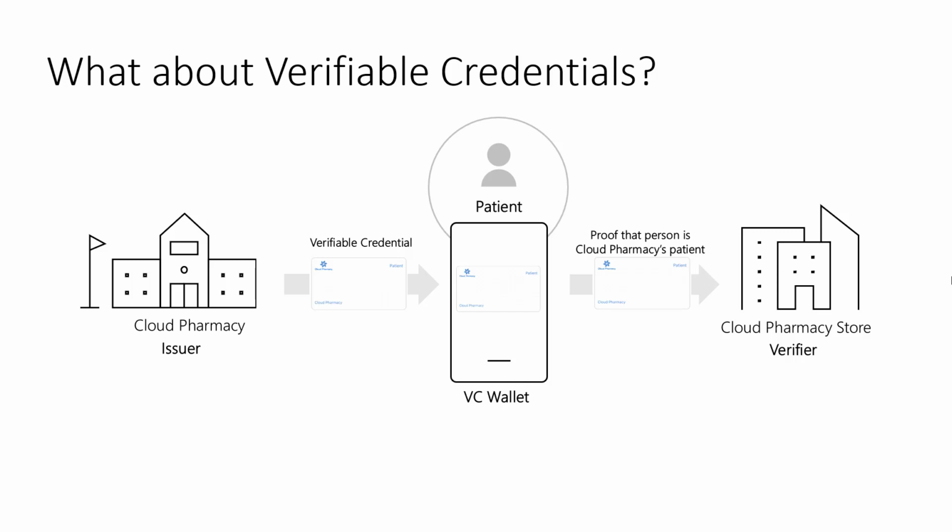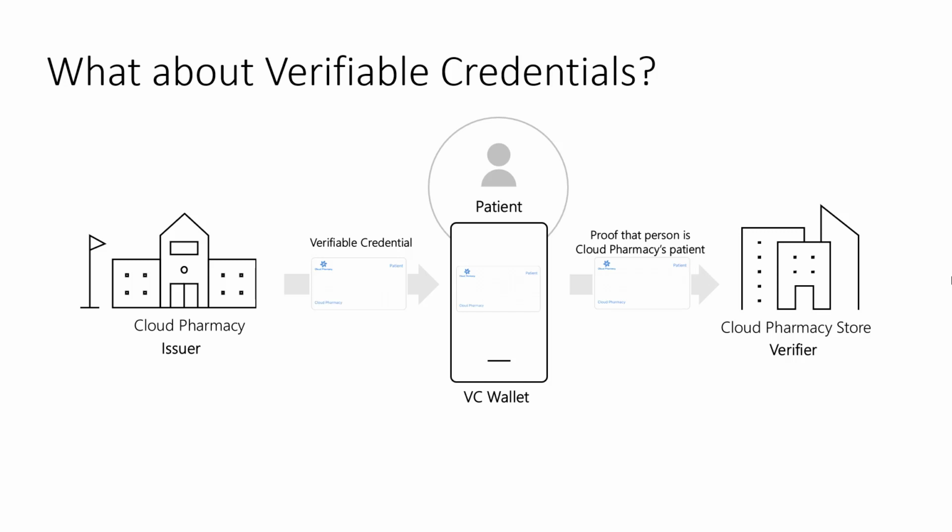So in the Cloud Pharmacy, as I mentioned, there is a patient portal. People can sign in, they can obtain the verifiable credential, which is saved into the wallet. In this case, when we talk about the verifiable credentials wallet, we talk about the Microsoft Authenticator mobile app. And once I have this patient card, this verifiable credential in my wallet, I can sign in to the Cloud Pharmacy Store. I can open one of the medicaments details pages, and I can obtain a discount once my verifiable credential is